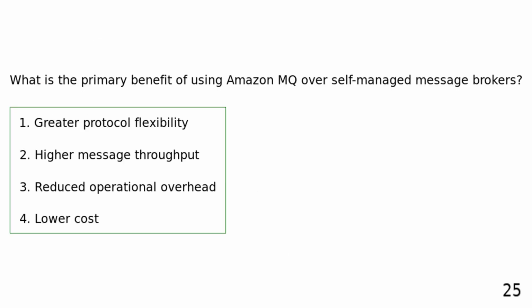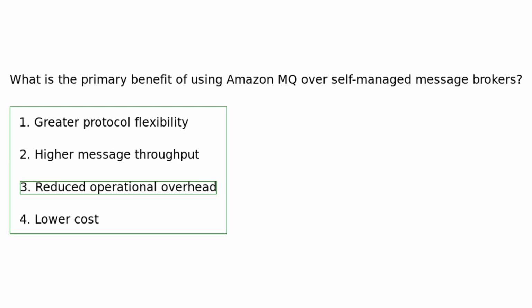trips. What is the primary benefit of using Amazon MQ over self-managed message brokers? Greater protocol flexibility. Higher message throughput. Reduced operational overhead. Lower cost. By using Amazon MQ, you can significantly reduce operational overhead as AWS manages the setup, patching, and maintenance of the